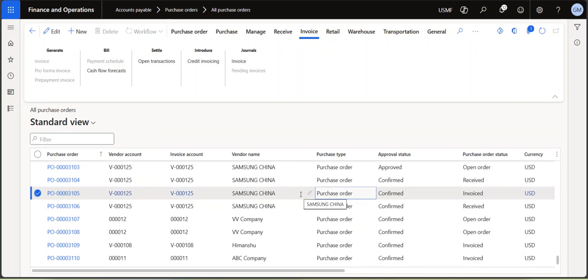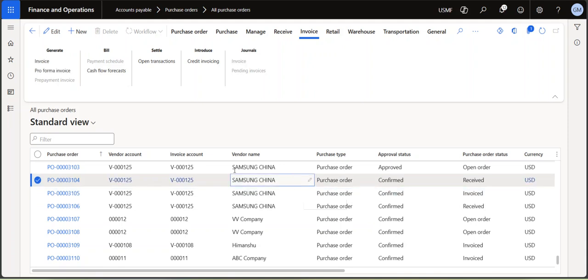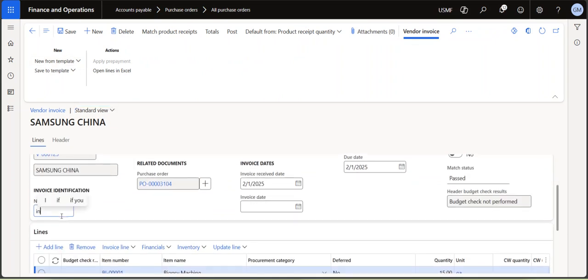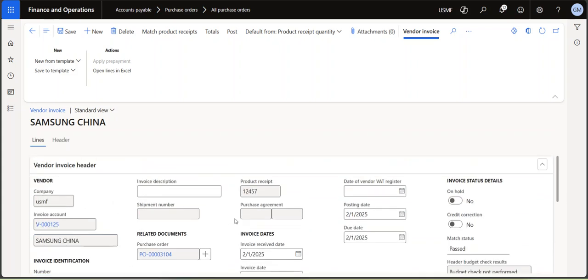Okay, it is invoiced. So I have generated the invoice for this particular purchase order number 3104, and I have given the invoice number and some random description. Now if I want to apply the charges on this particular vendor during the invoice time,